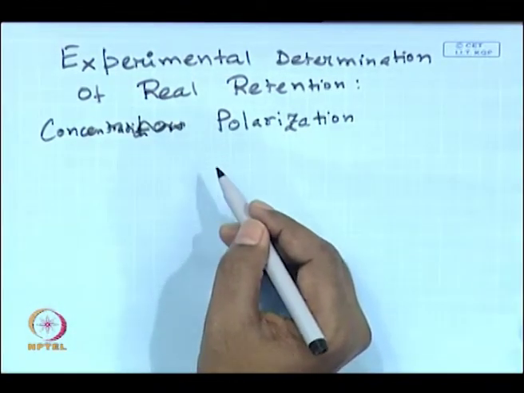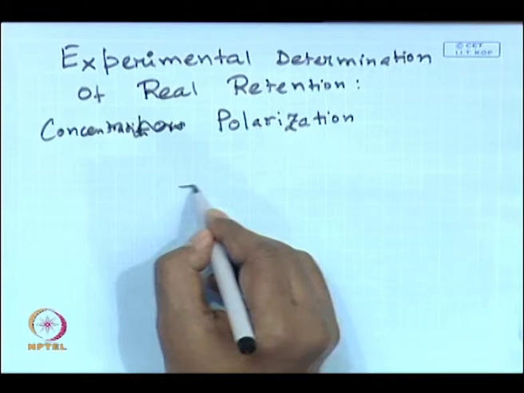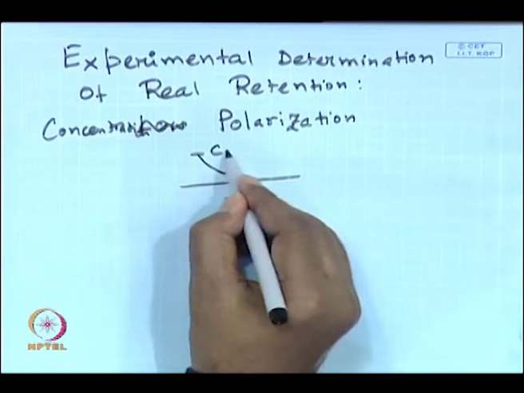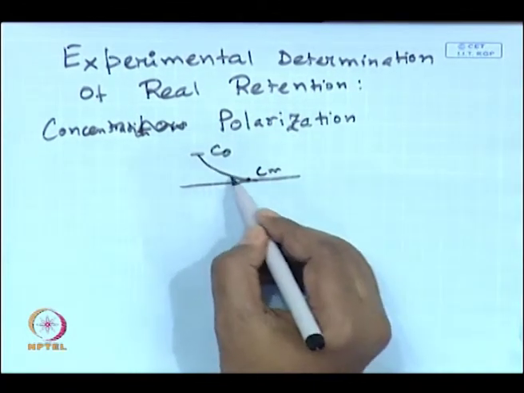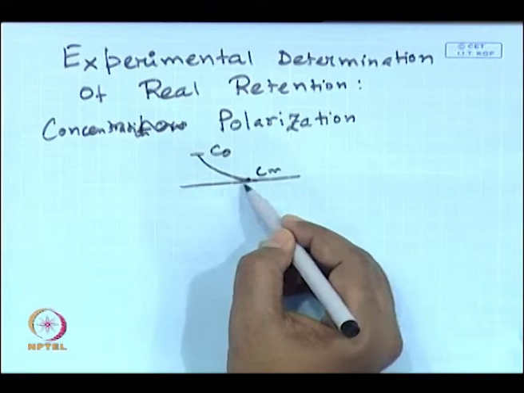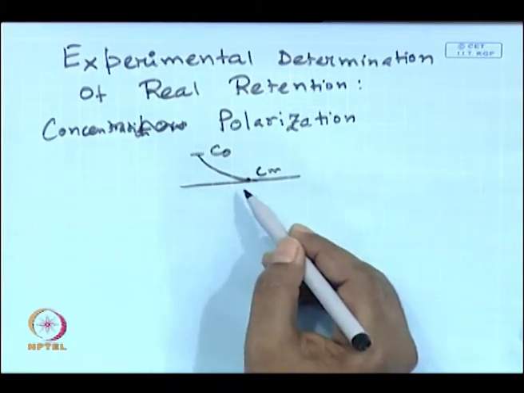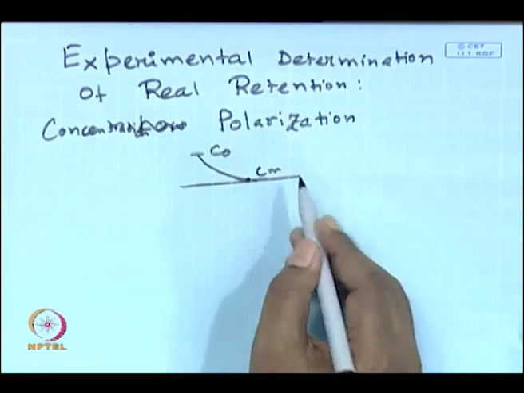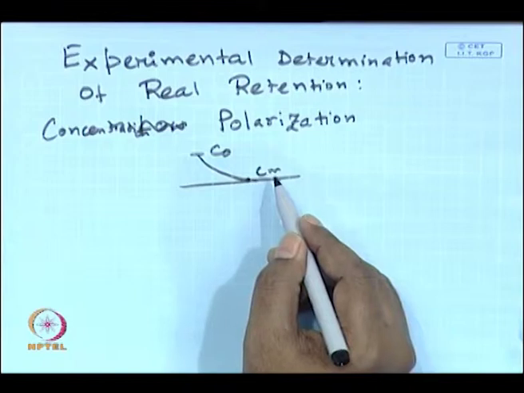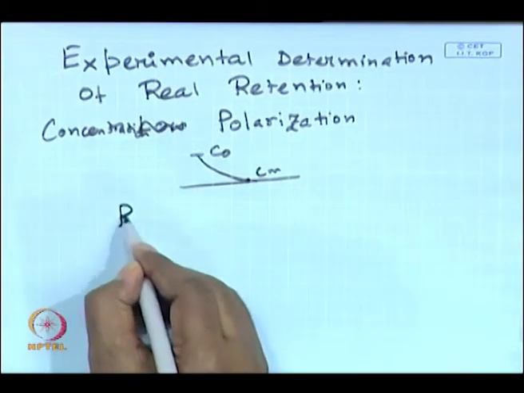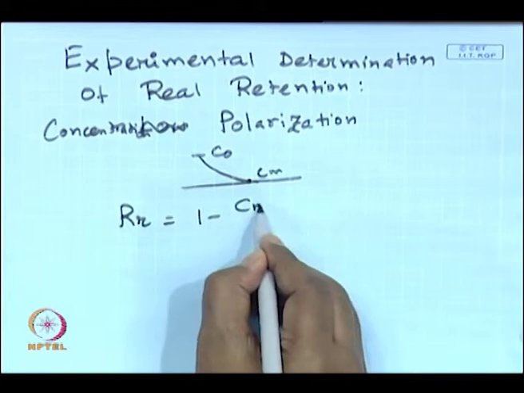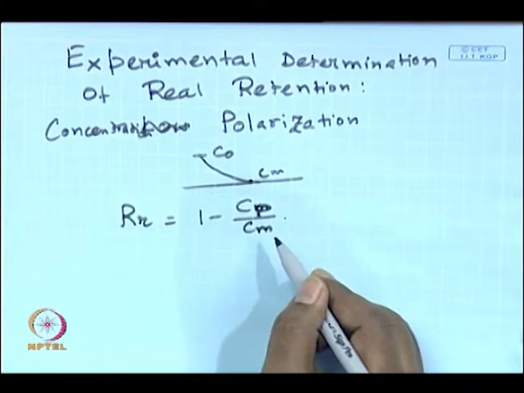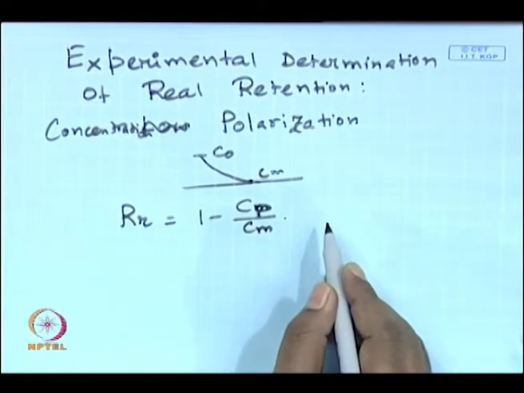Now, as I said earlier, in this process the concentration of the solutes over the membrane surface is higher compared to the concentration of the solute in the feed. So, there exists a concentration gradient. This phenomenon is known as concentration polarization. The accumulation of solutes over the membrane surface is known as concentration polarization. Now, there is no way to directly determine the membrane surface concentration. There is no direct experimental measurement. Okay, it is an active field of research. People are trying to find out the membrane surface concentration.